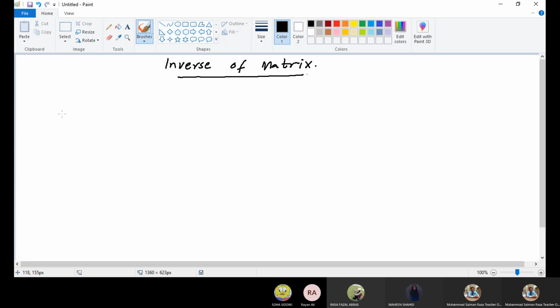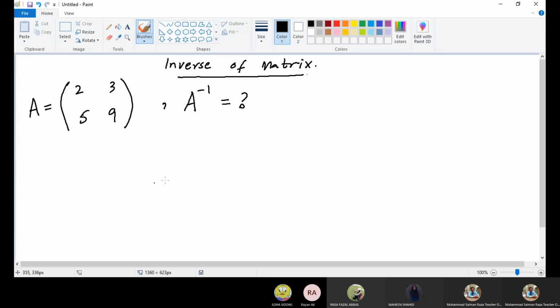The very first thing is, if I consider a random matrix like 2, 3, 5, and 9, and now I need to find the inverse of this matrix. The question says find the inverse. If this is A, the examiner is going to write it like this: A inverse. You need to find it. If A is this, find A inverse. So now what are we going to do?